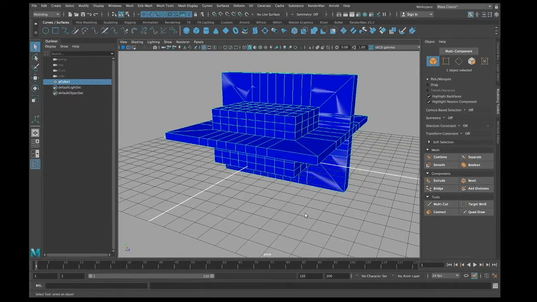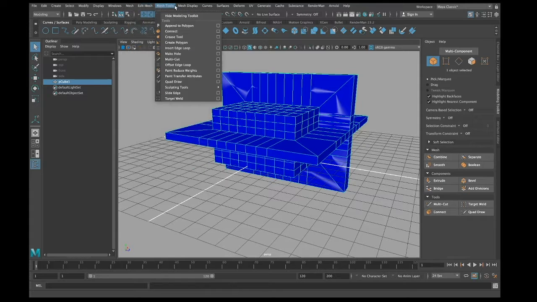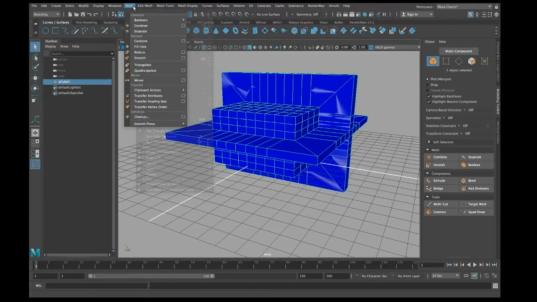In this video, I am gonna talk about some important menus in the modeling menu set. One is mesh, the other one edit mesh and mesh tool. Let's talk a little bit about this. So I started from mesh, and in mesh I will talk about